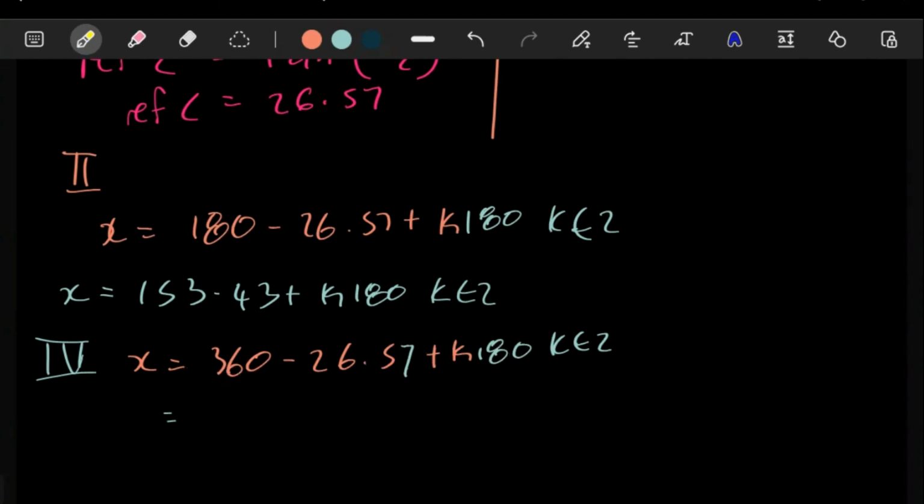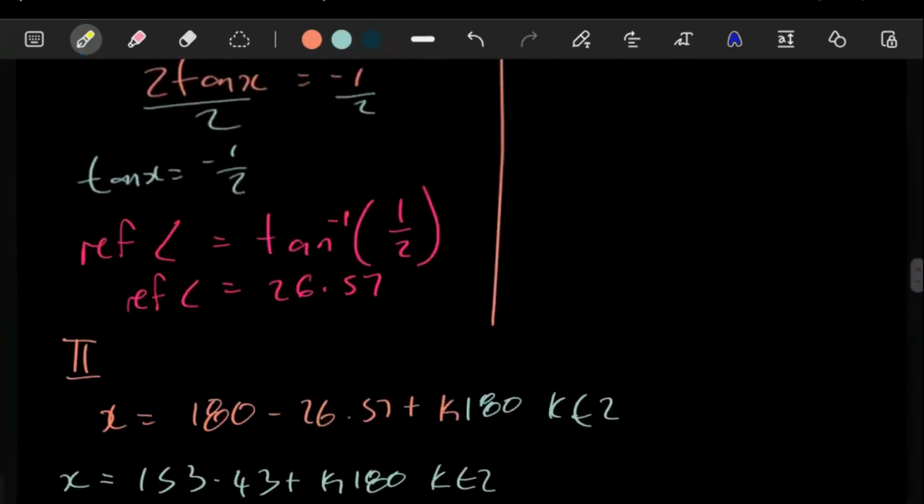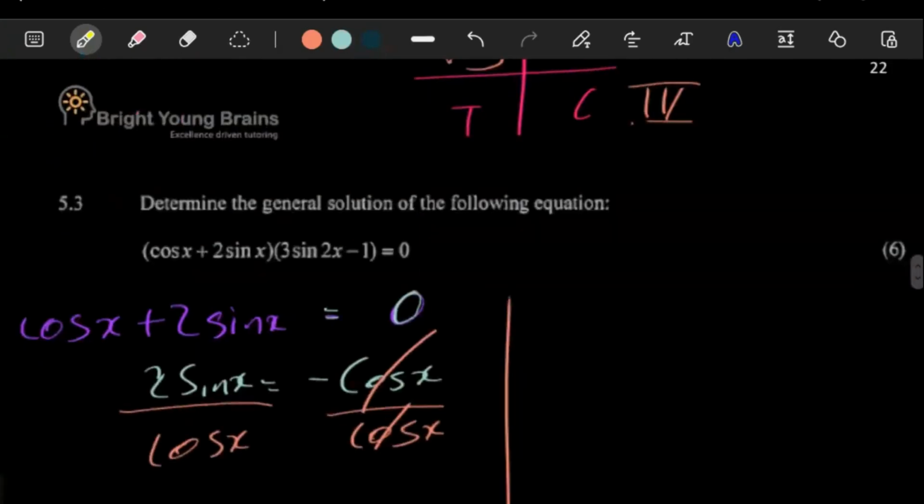Now this minus this is going to give you 333.43 plus k180, k is an element of integers. There we go. So these are going to be your 2 answers. But then don't forget this, as we said. So the 3